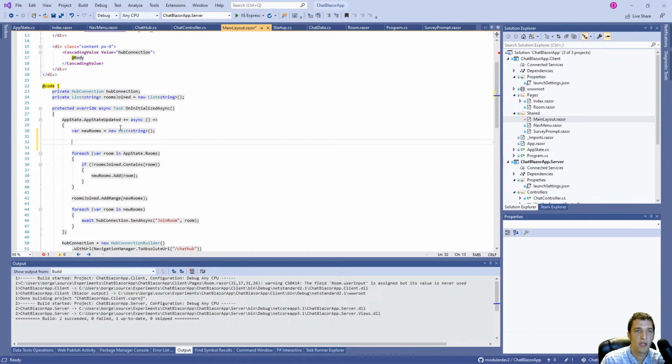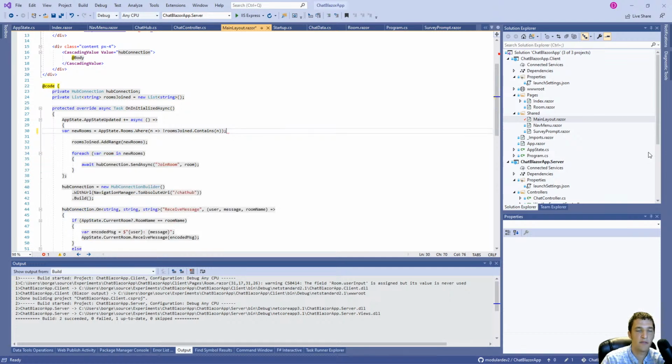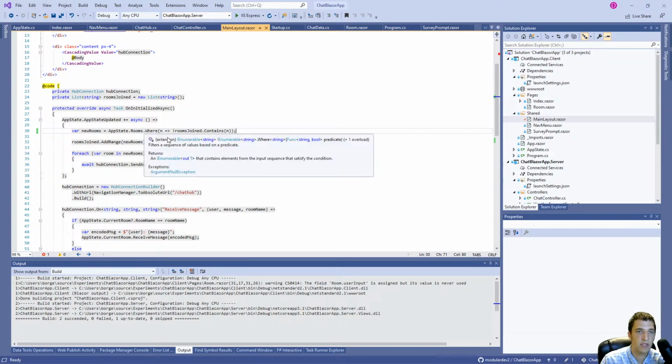We were doing new rooms equals app state dot rooms dot where, and then we did where not rooms joined dot contains n, and that was our LINQ query, and that didn't work. On the surface it seems like it should work,